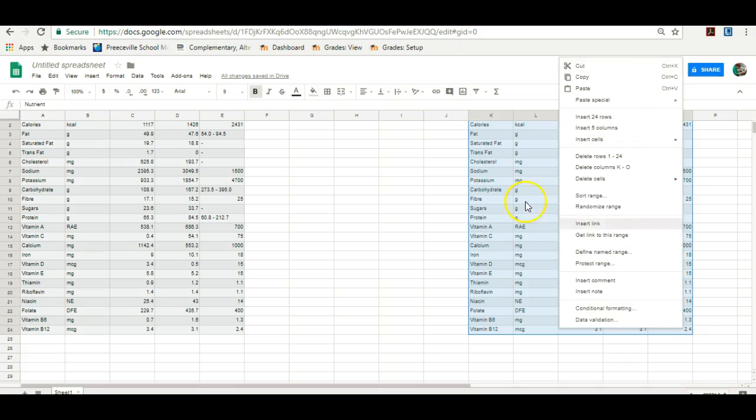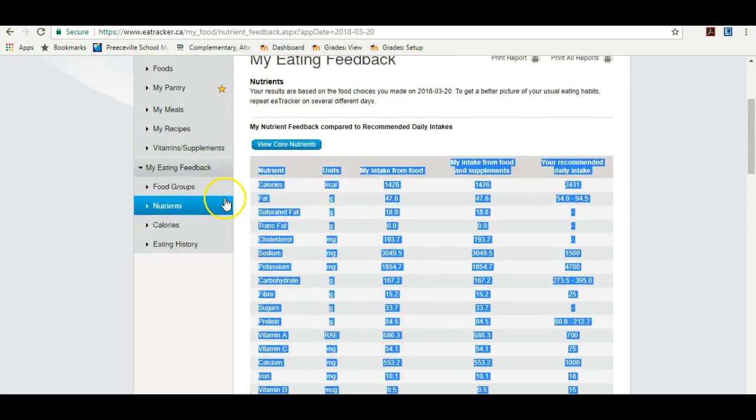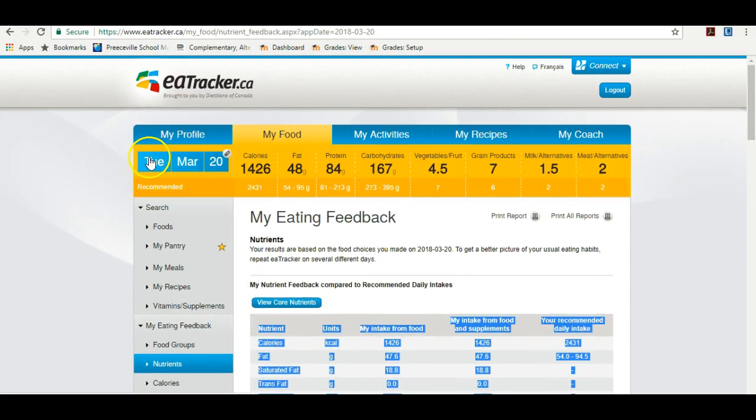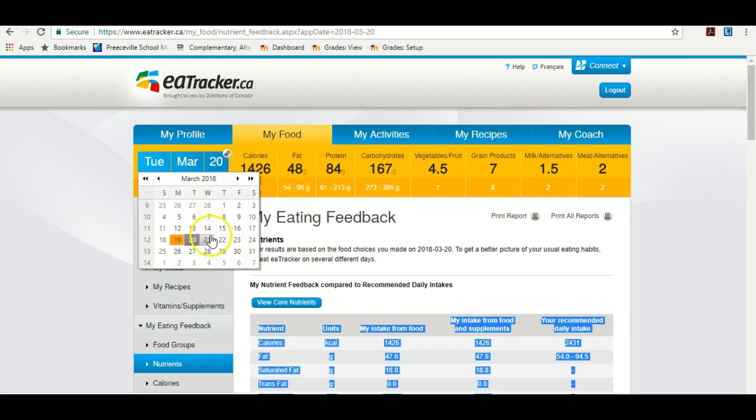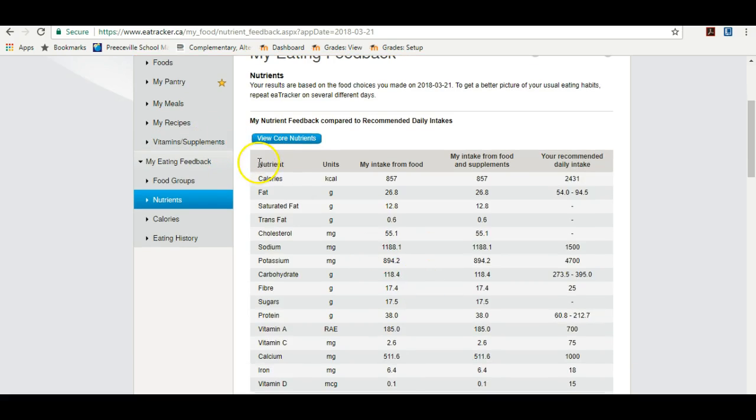So I'm going to get rid of it right away by selecting it all, right-click once, and I am going to delete the cells. Shift left. There we go. It's gone. Then I can go back into my eTracker, select my next date, view more nutrients, select the